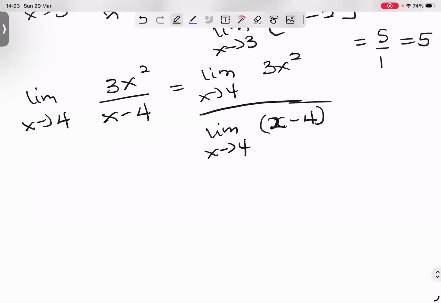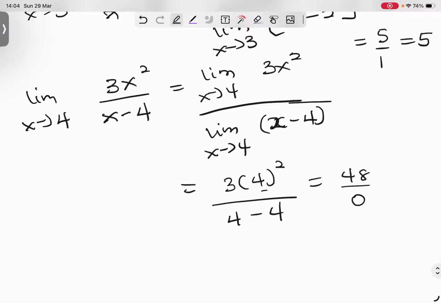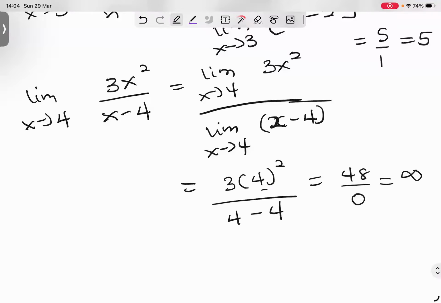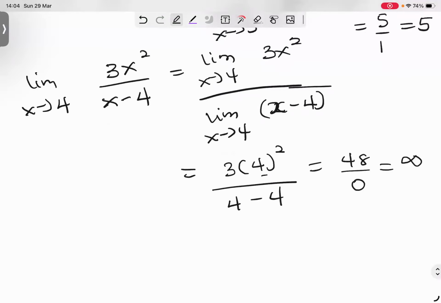Limit, where we see x, we are going to put the 4 there. So this will be equal to 3 times 4 squared divided by 4 minus 4. The denominator goes to 0. The numerator does not go to 0. So here we have 4 squared, that will be 16. 16 times 3, that will be 48, divided by 0. This is undefined. This means that the limit